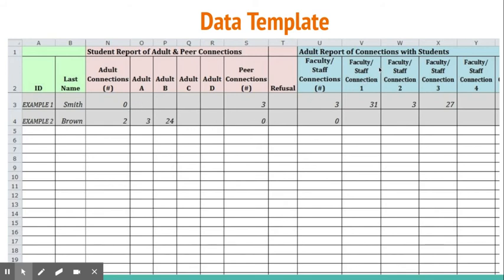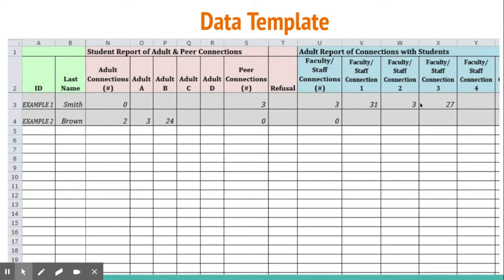In this next section, which is blue, this is actually our adult survey that's taken in our school by all adults. And this is also what we would refer to as our reverse connection screening. So this is where we ask adults to name, and at the high school, up to 6 students whom they feel they have a good connection with.